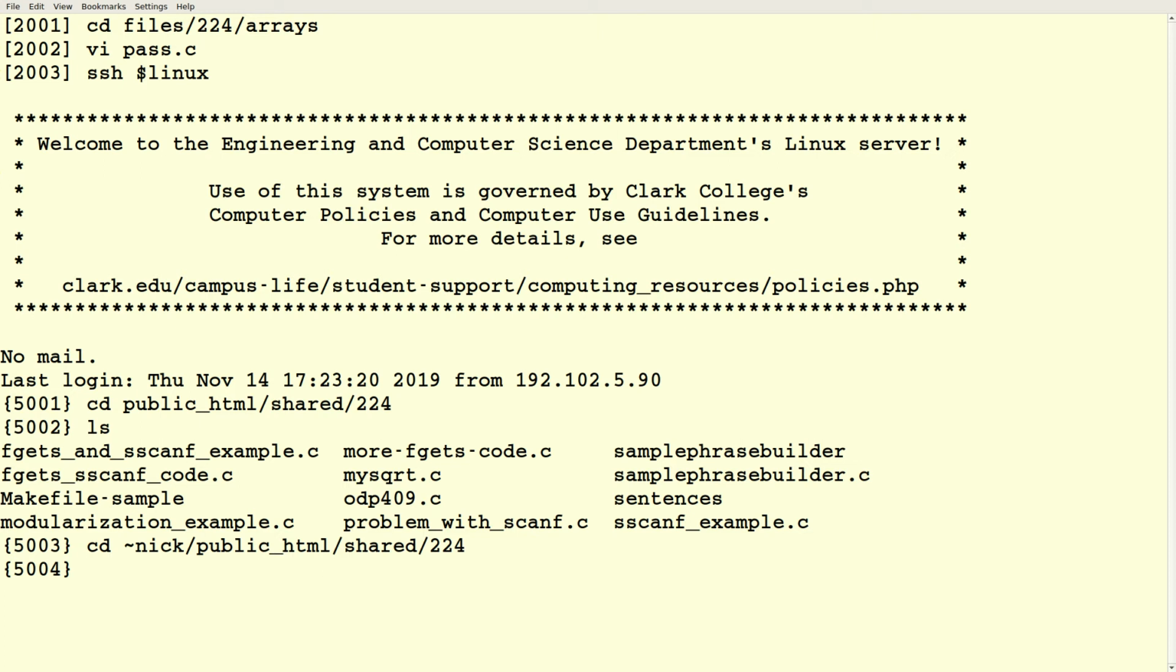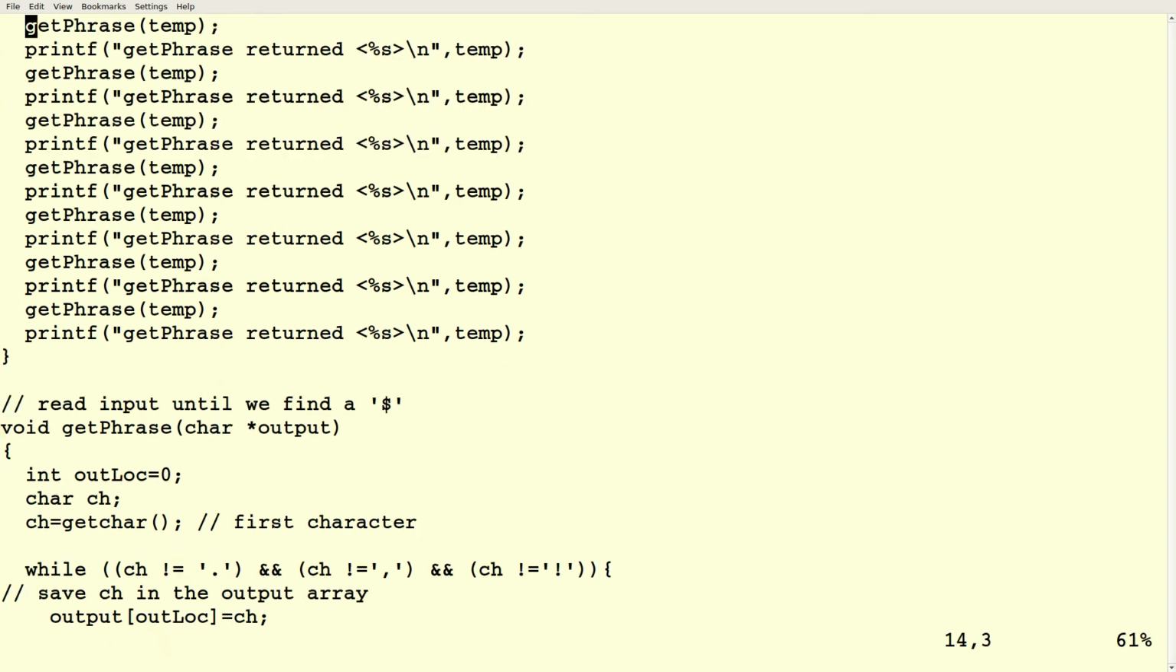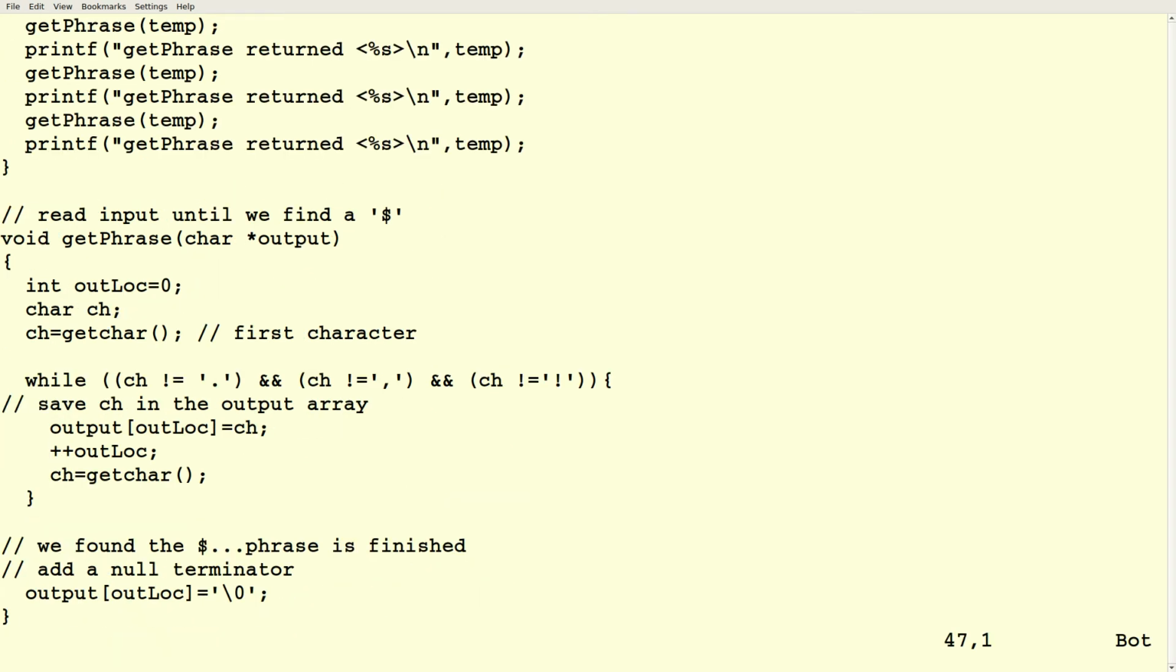So I posted something called Sample Phrase Builder. And this is a variation on some code that we were playing with last week, which was looking at this question of how do we use getCar to build a phrase. Okay, so